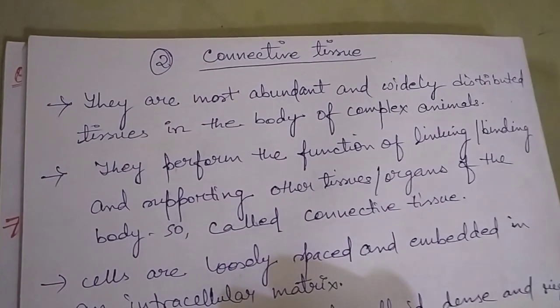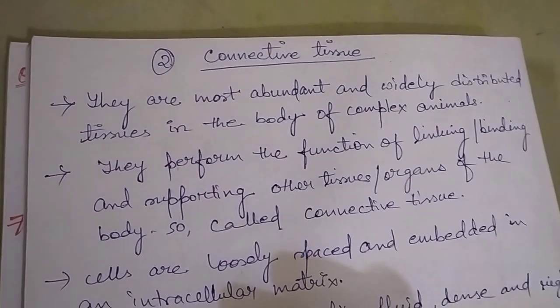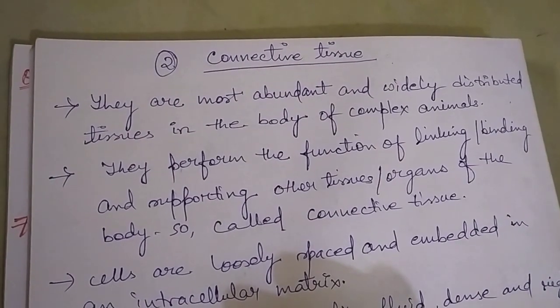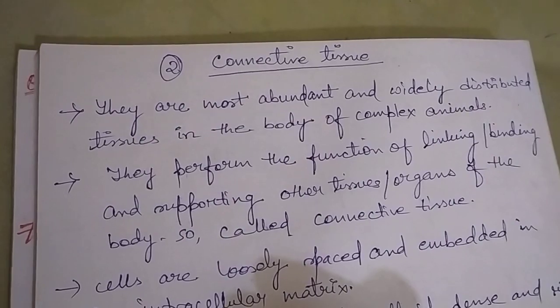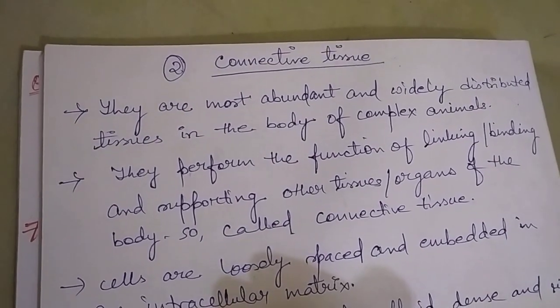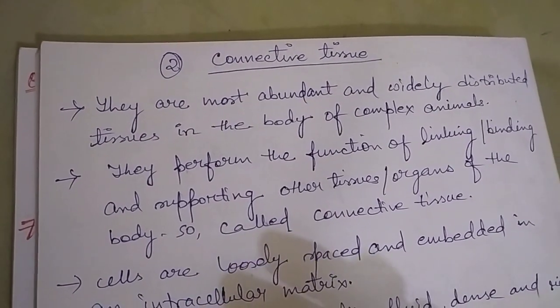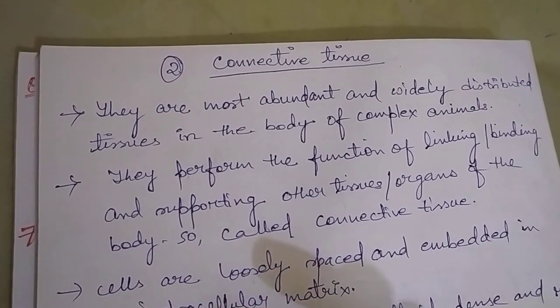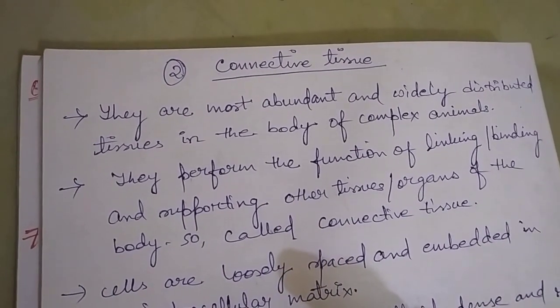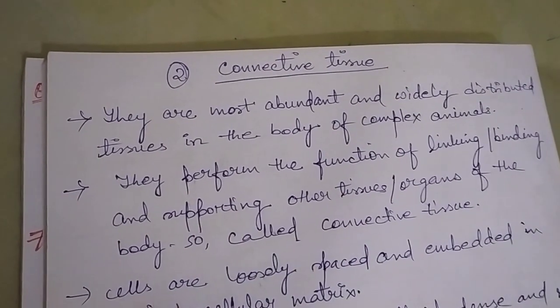Okay. First, we started our discussion about the epithelial tissue. We have seen that epithelial tissue is found throughout the body. They are associated with different functions, like if they contain cilia, they help in the movement of mucus and so on. They also form the lining in the walls of certain organs, etc.